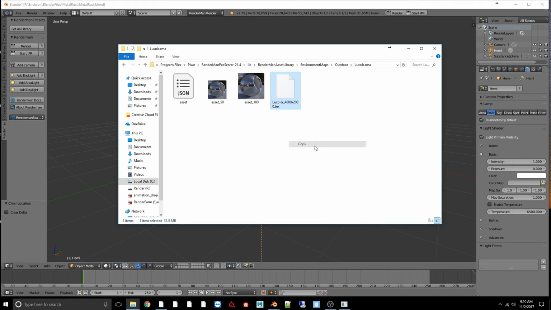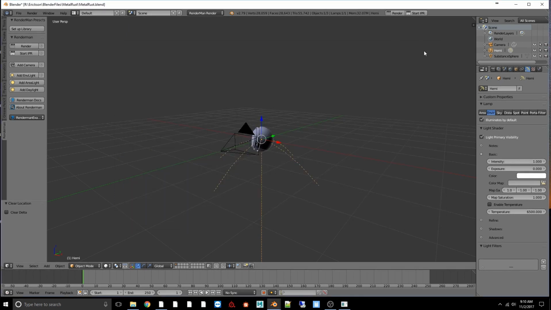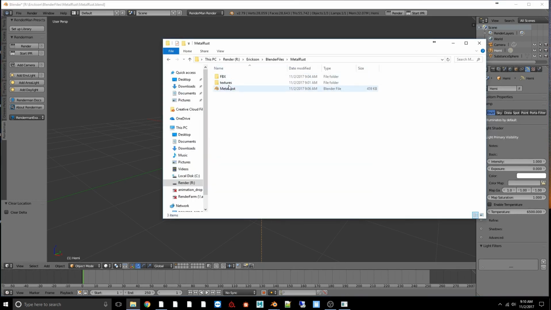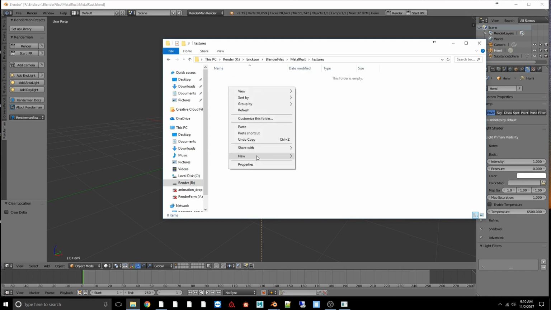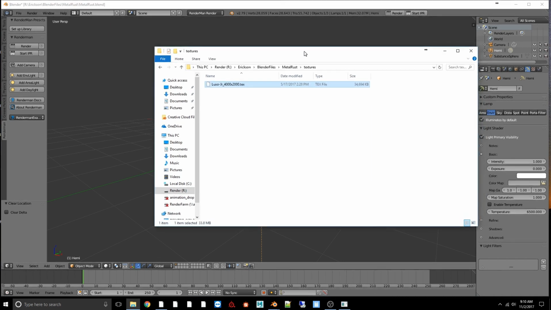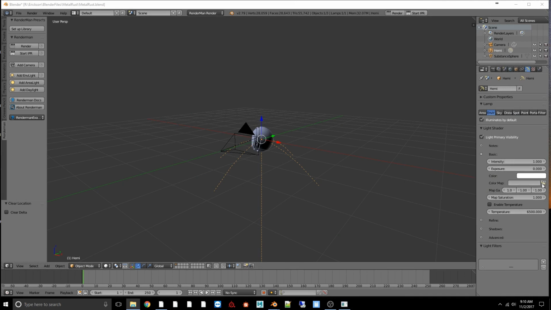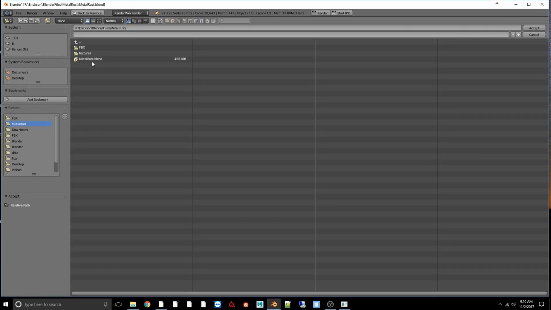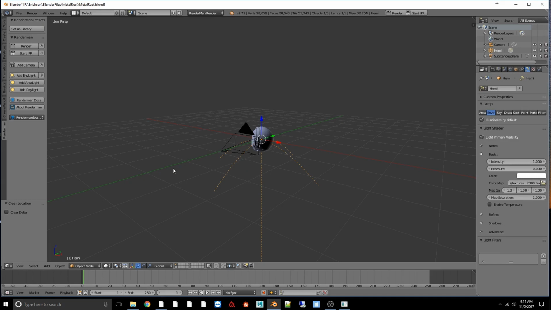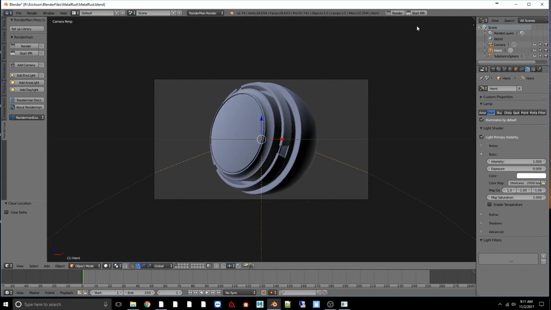I'm going to go ahead and copy that file. And if I go back to my project files under textures, I can go ahead and paste that in there. So I'm going to use that file to light my scene, and so I can go to textures, open up that text file and accept. Now looking through the camera, if I go ahead and do a quick render,